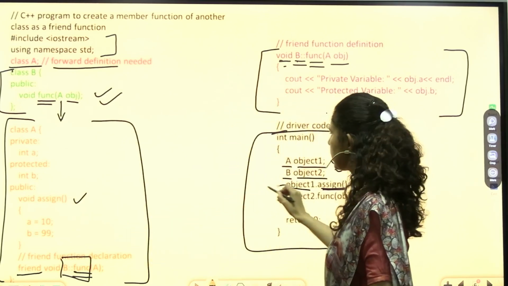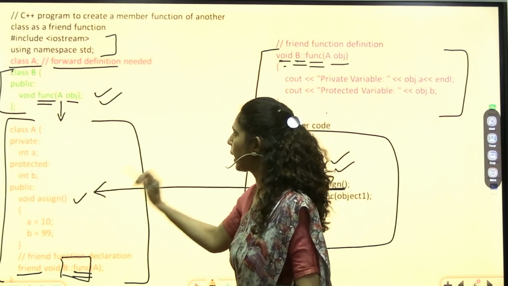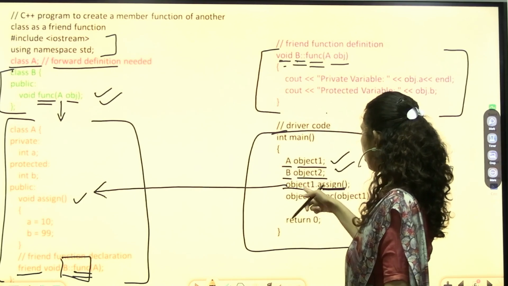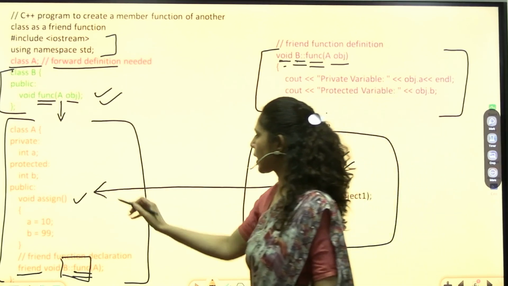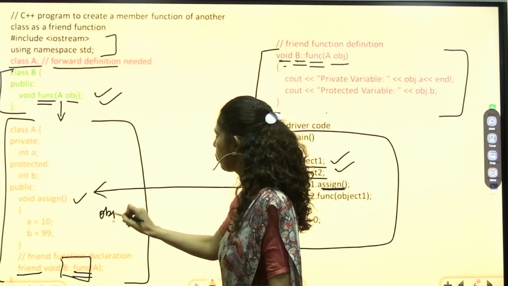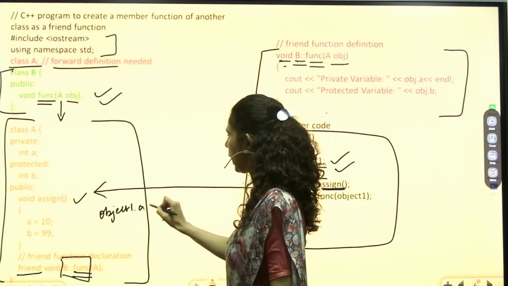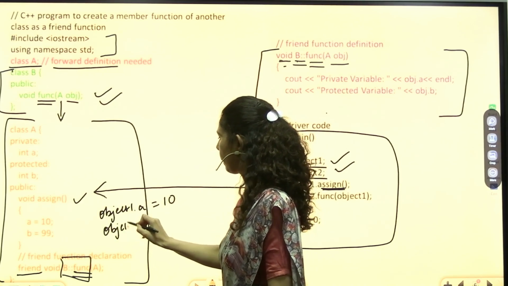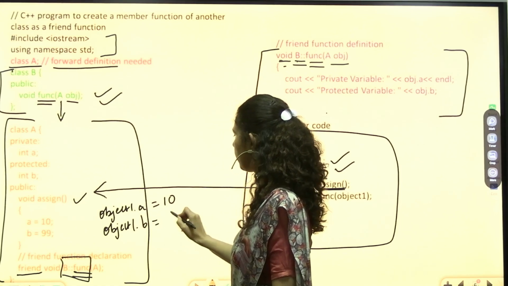We are calling this assign function like this. When we call this assign function, what will happen? For object 1, we are calling this assign function, so object 1 dot a will be 10 and object 1 dot b will be 99.